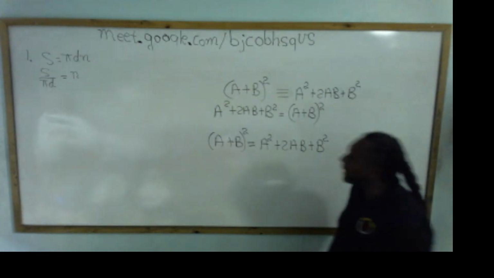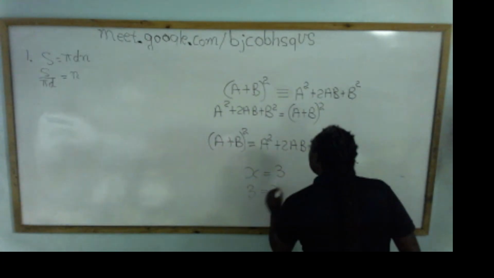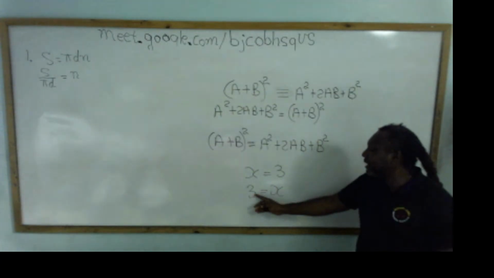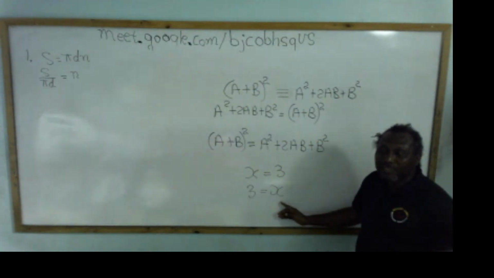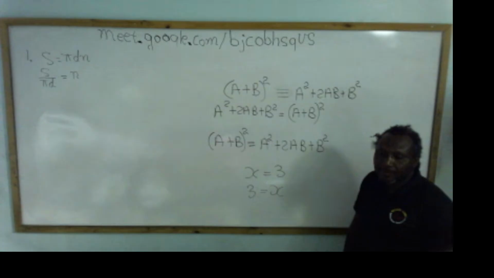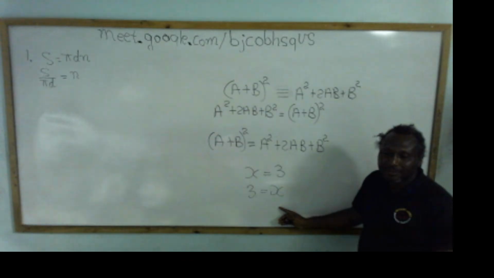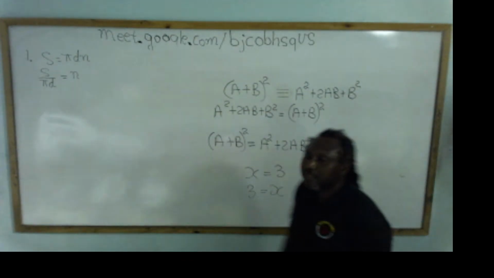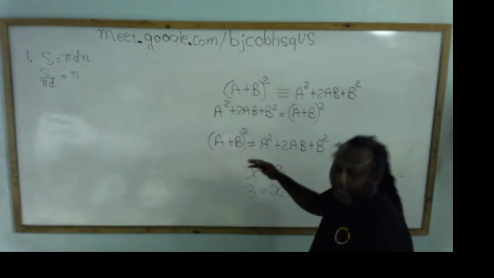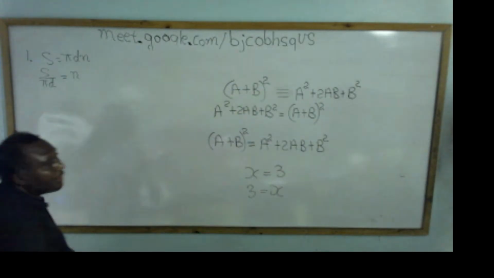But in the case of x is equal to 3 and 3 is equal to x, what you're saying here is that x has a value of 3. Now you're saying 3 has a value of x, which means that whatever the value of x is, 3 is equal to it. Now if x does not have a fixed value, then this one is problematic. So at this early stage, if you do not understand the finer details of it, you should at least understand that the equal sign is not a two-sided sign. And therefore, when you write this, when you're transposing a formula,